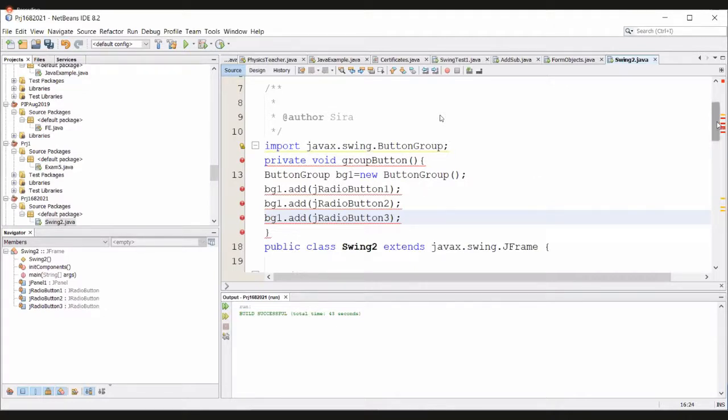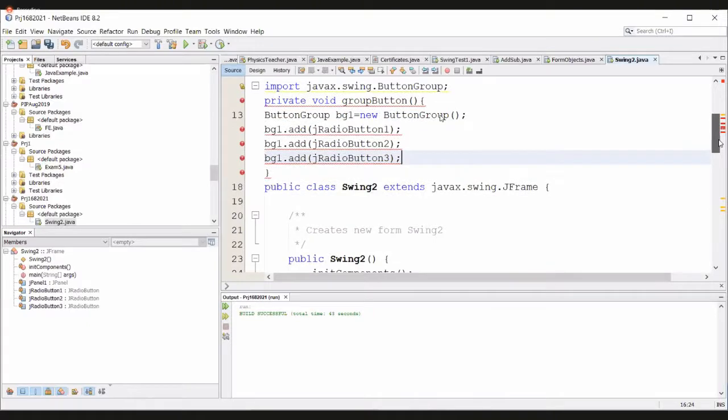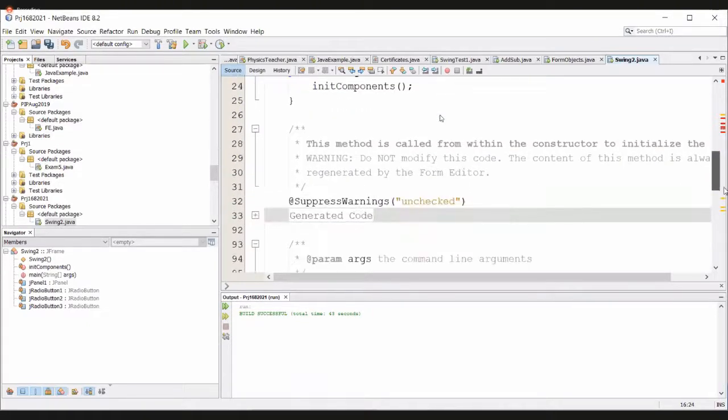Anyway, still some underlining is there. We will move on to this.